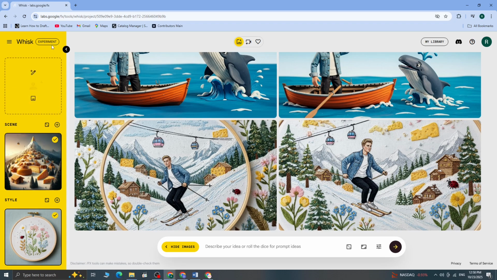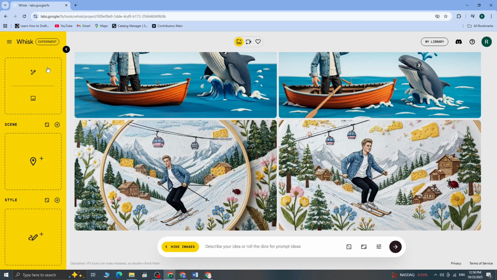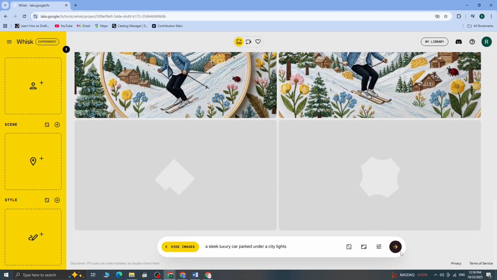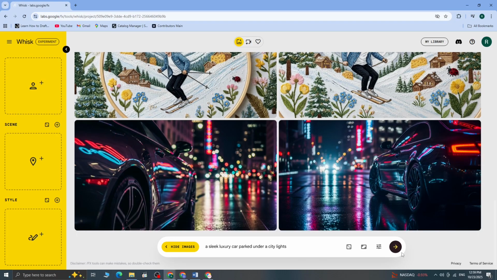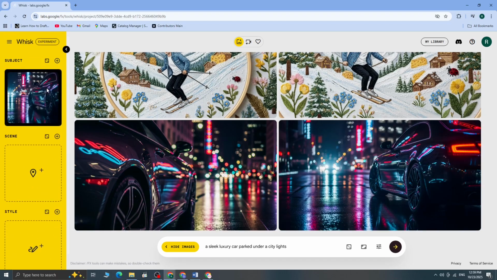This time, let's change the subject completely. A sleek luxury car parked under city lights. And then press enter. Once the image is ready, we'll do the same thing we did before. Drag and drop it into the subject area so it can analyze the car. After it's done analyzing,